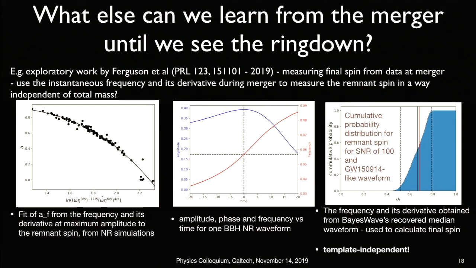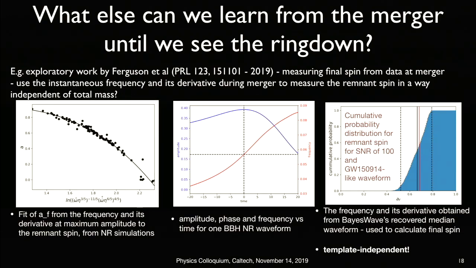Seeing the ringdown is going to be important to do tests of general relativity, check the no-hair theorem for black holes. And so there is a lot of potential in detecting the quasi-normal modes in this ringdown. We haven't done that yet. However, there is already a place for numerical relativity to come in and teach us ways to extract information in